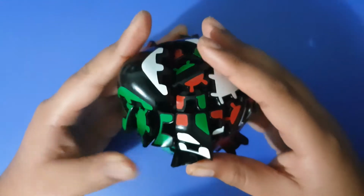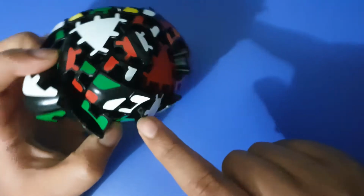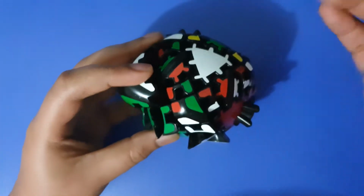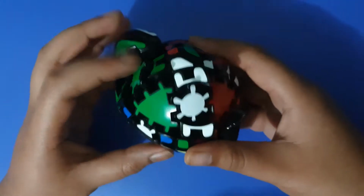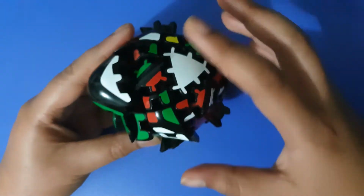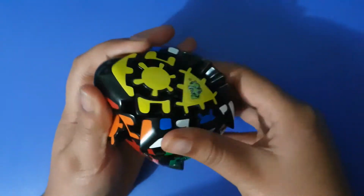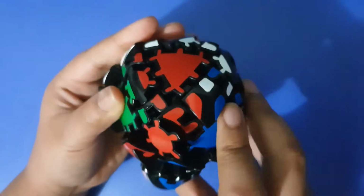So if you have, let's say, you can swap none of them. Let's say this was on the other side of the cube to that. So that was over there. That one was on the other side of the cube to where it belongs. And everything was, like, you can't do one swap. Then basically what you have to do is you just have to swap any two random pieces. And then you should be in a better position to swap some other ones. So I'm just going to swap these two real quickly. And then we can move on to the next step, which is